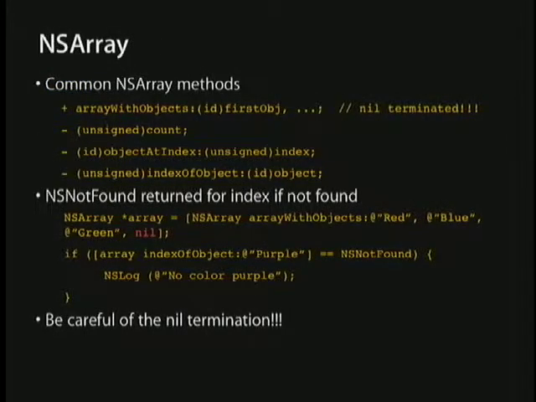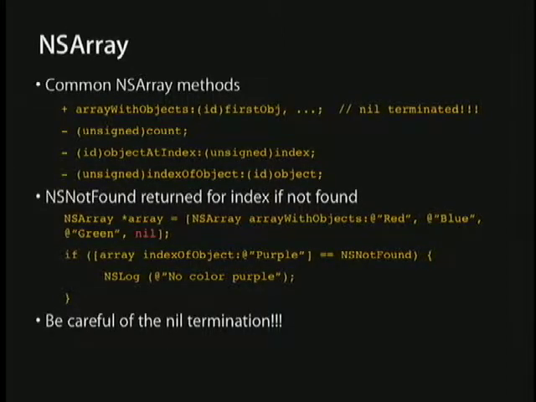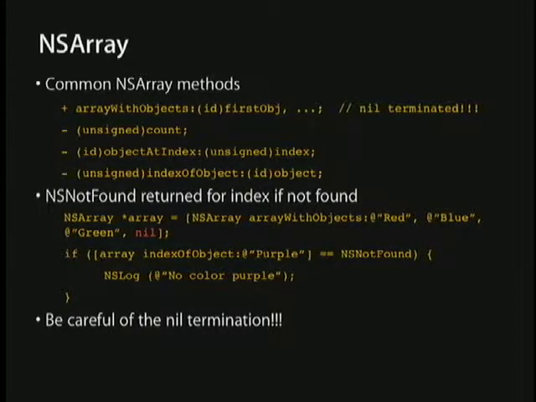Right. So yeah, some of the basic NSArray methods. The first one there is basically the way that you're usually going to get an array. It gives you an array with a set of objects that you've passed in. This also takes a variable number of arguments, so you'll pass them comma delimited. The interesting thing here is that it doesn't take a count, and so the only way it knows when it's gotten to the end is because the last argument has to be nil. If you don't pass nil, it's just going to keep reading into memory until it finds nil and trying to add everything it finds in between as an object. Usually doesn't work out too well for you.